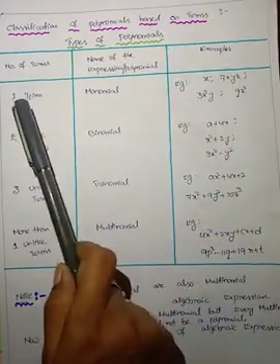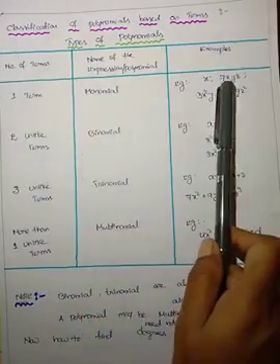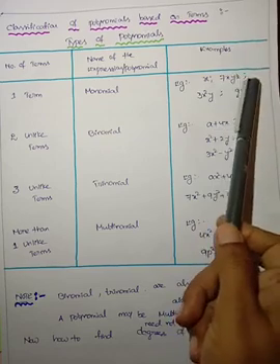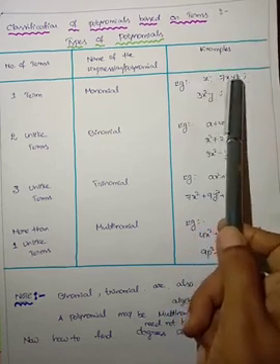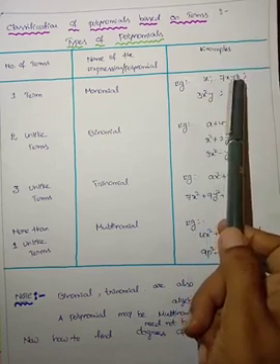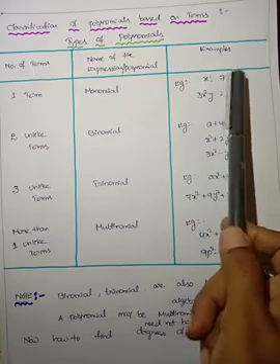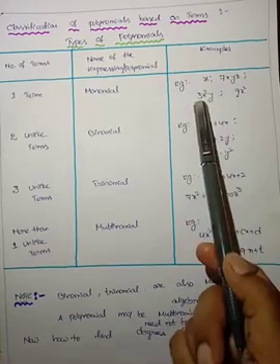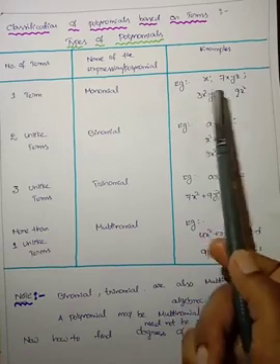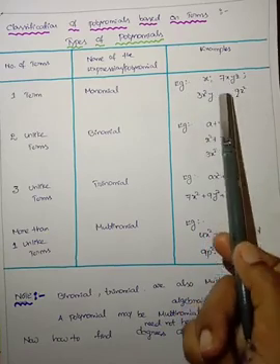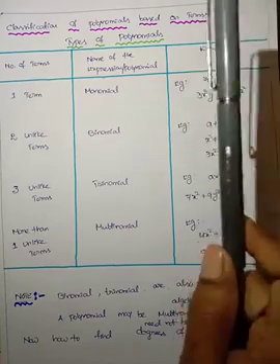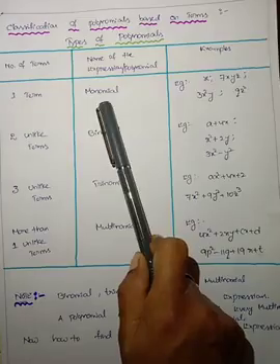I am saying only terms. Here there is only one term. There is no addition or subtraction. Means this is also one term. 7xyz is also one term. 3x square y, this is also one term. There is no addition or subtraction, so this is also one term. qz square, this is also one term. If a polynomial has one term, then that polynomial is a monomial.